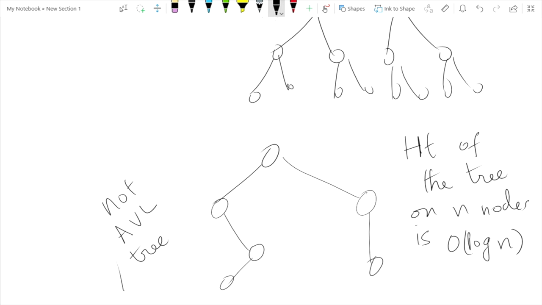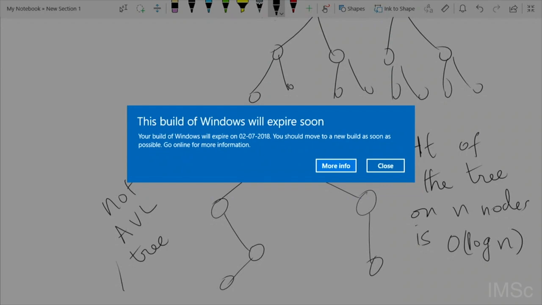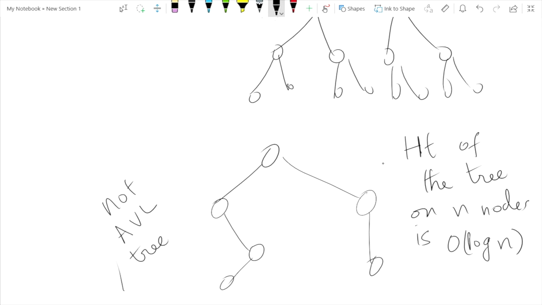And for the AVL tree, one can show this using a recurrence relation. So assume you have a height h. Look at the minimum number of nodes it has. If this root has height h, one side has height h minus 1 and the other side will have height h minus 2, because I am talking about the minimum number of nodes. So now write a recurrence relation. The minimum number of nodes will be T(h minus 1) plus T(h minus 2) plus 1. Okay, and this recurrence sounds like